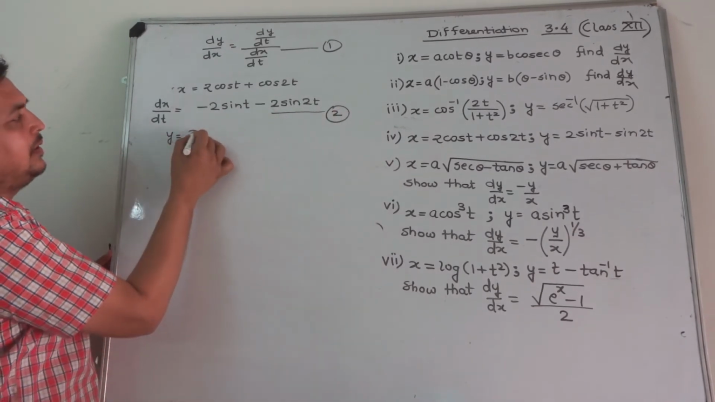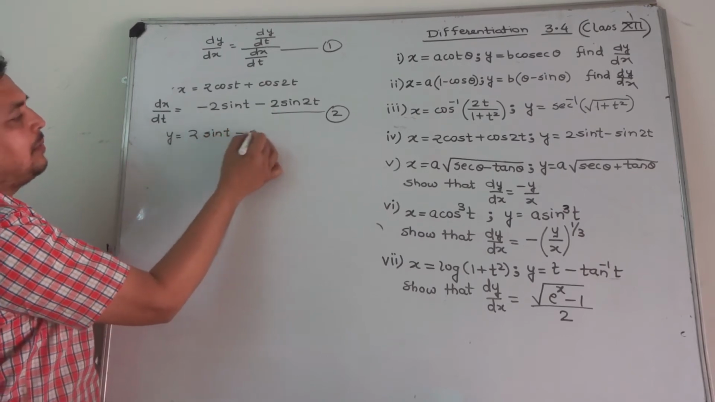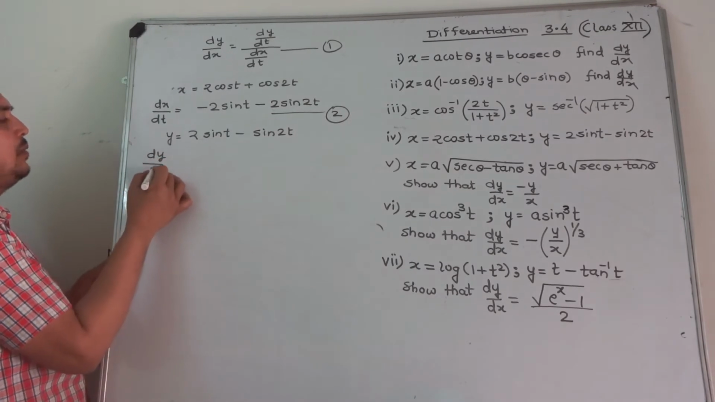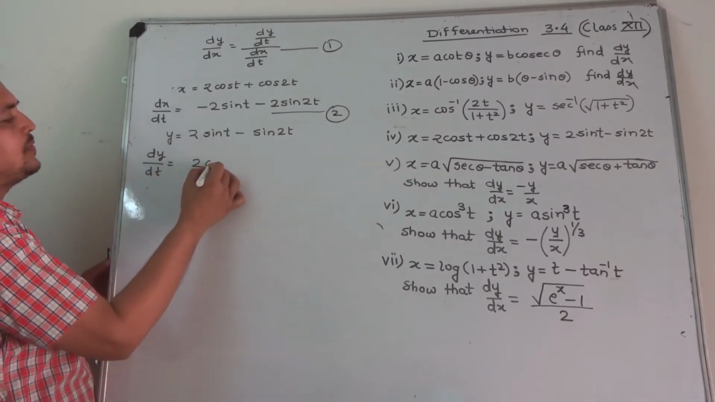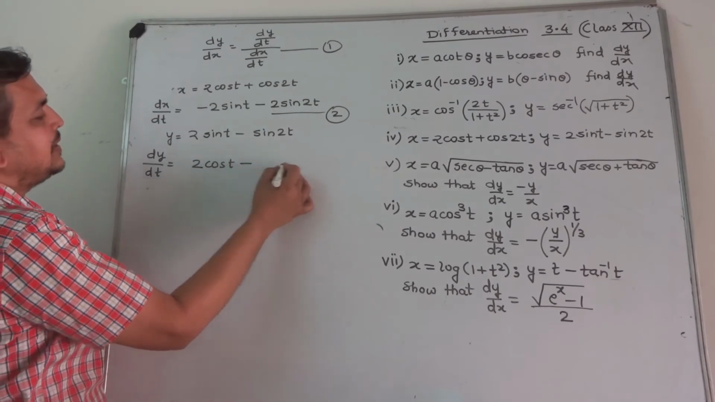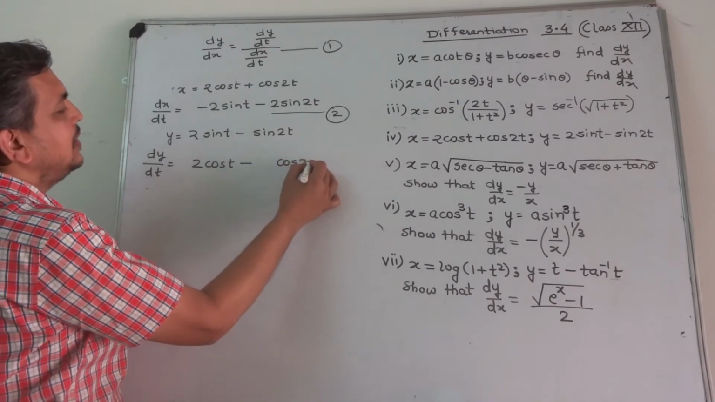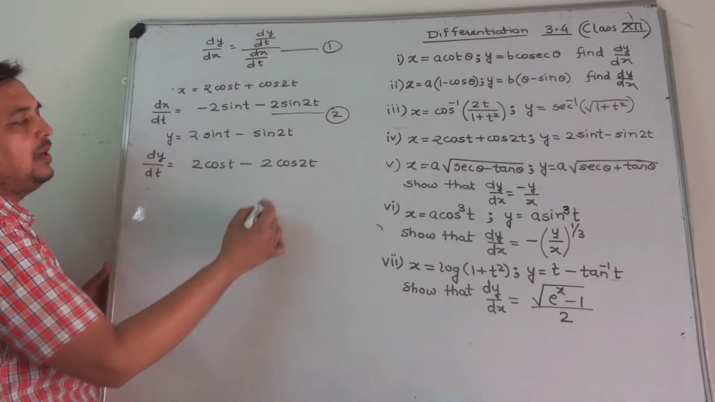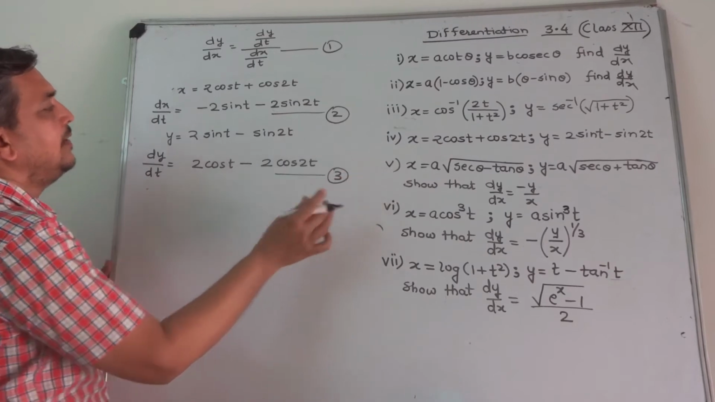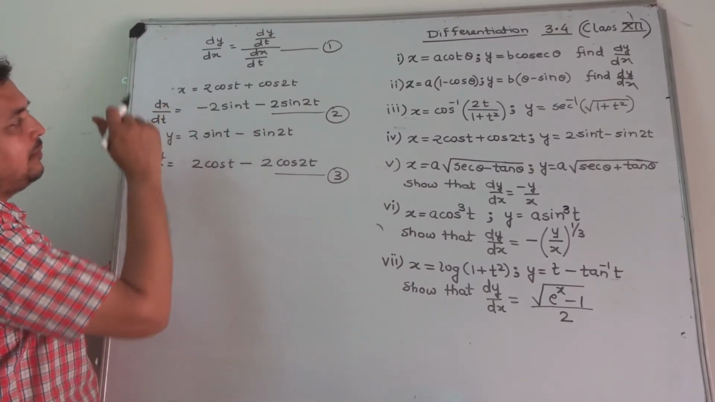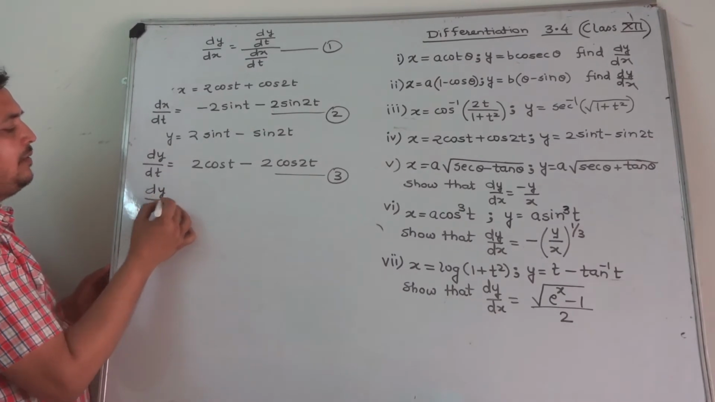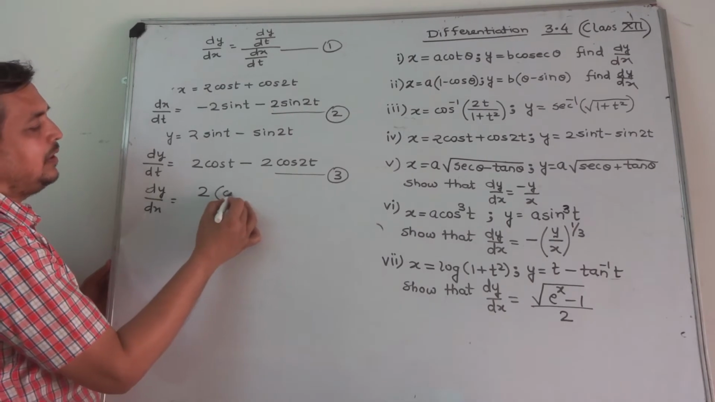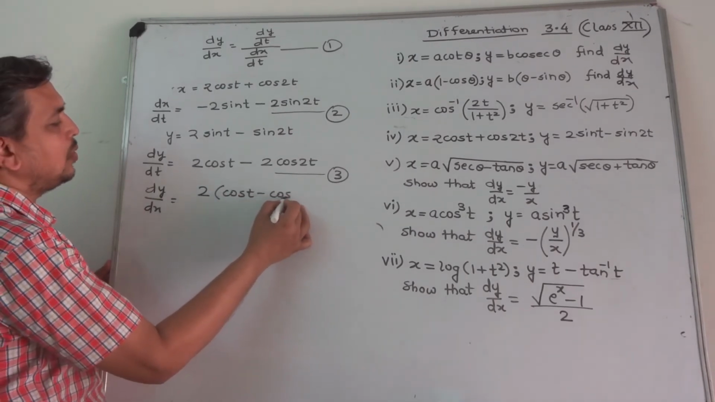What is y given? 2 sin t minus sin 2t, and so dy by dt is equal to 2 times the derivative of sin t, which is cos t, minus the derivative of sin 2t, which is cos 2t. By chain rule into the derivative of 2t, that will give 2, number 3. Using 2 and 3 in 1, we get dy by dx equal to, we can take 2 common, in the bracket we have cos t minus cos 2t,